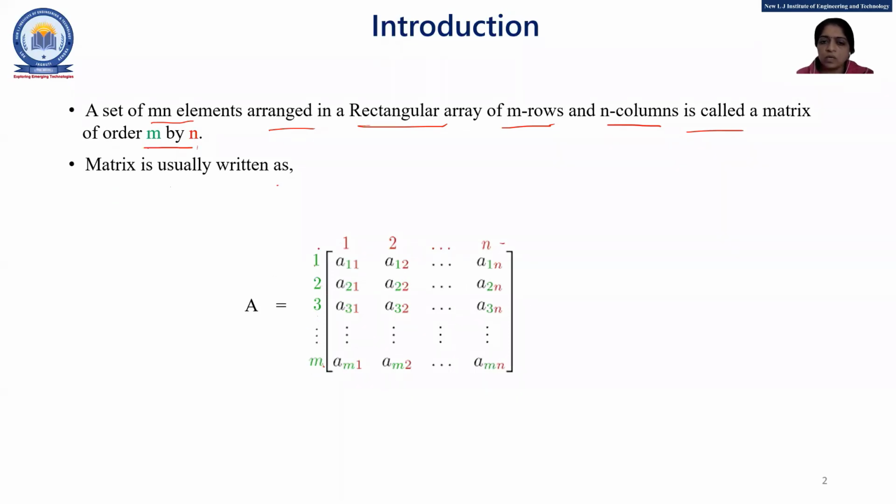up to n columns. So the first element, that is a11, is normally denoted by aij, i row and j column. Here first row first column is denoted by a11. First row second column a12, first row nth column a1n, and similarly mth row first column am1, mth row second column am2, and mth row and nth column, that is amn. So in general we define a matrix this way, right?